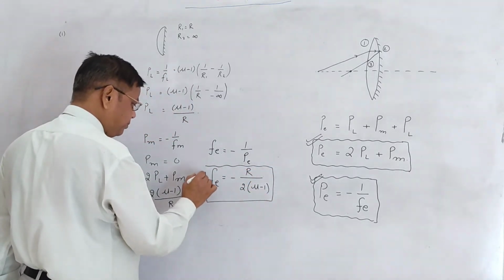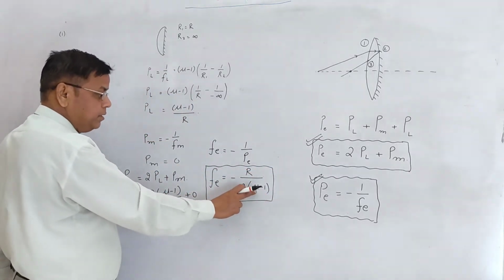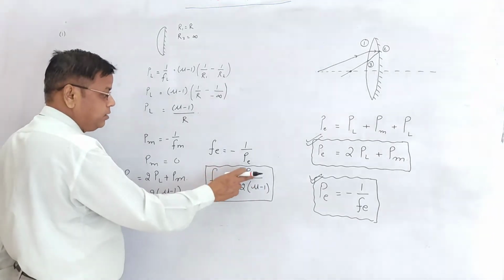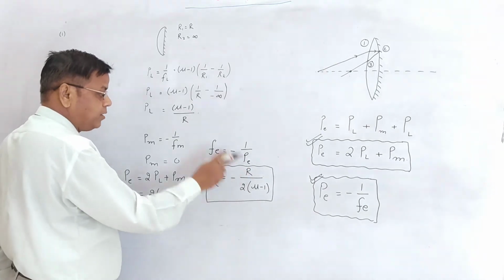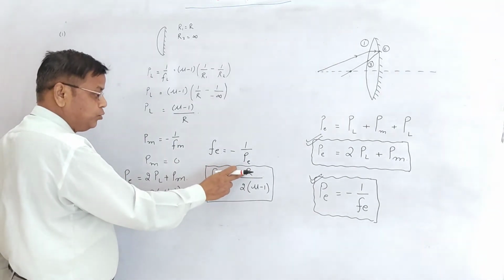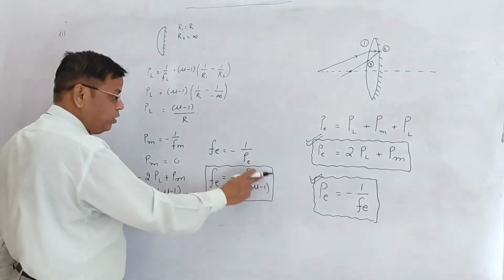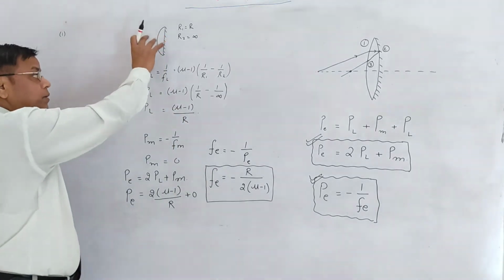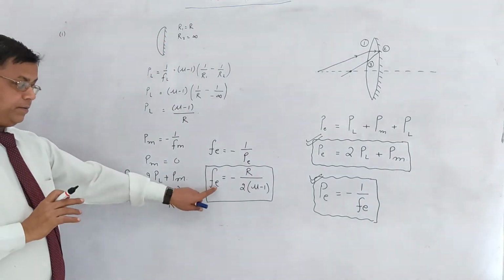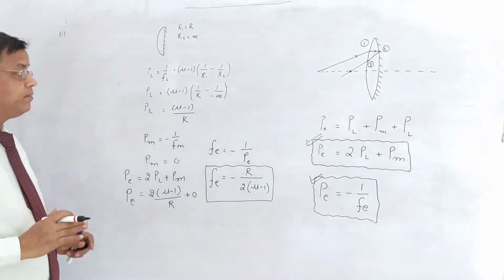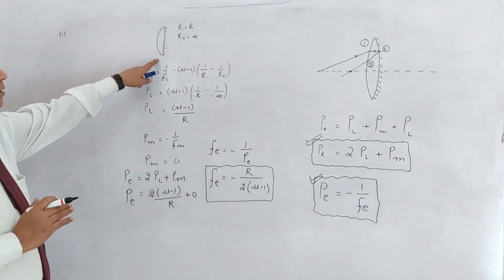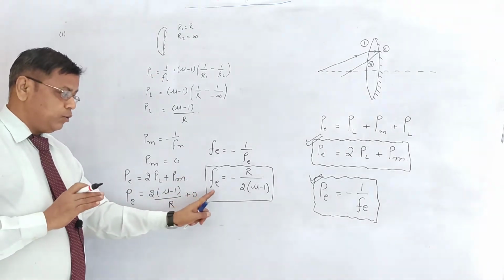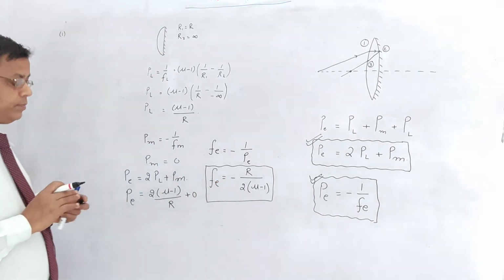Now you know the refractive index of any medium is more than 1, so this term is positive. For R here you have to put only the numerical value, because the sign is already considered. So this whole term is positive, so the negative remains there. It means this will behave like a concave mirror, because its focal length is negative. So a plano-convex lens, when the plane surface is silvered, behaves like a concave mirror whose focal length is this.